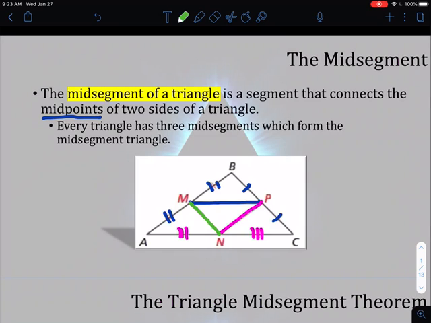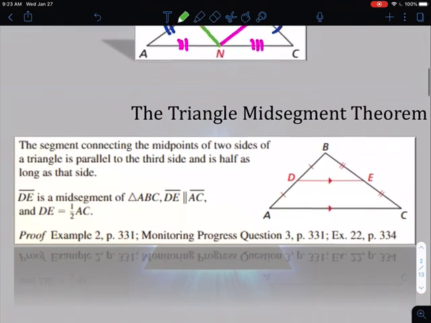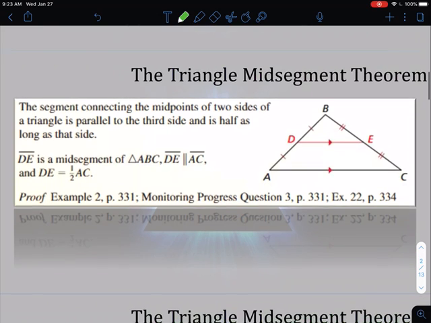Basically, if I go around the outside of my triangle and I draw 3 midpoints, so point M, point P, and point N are all midpoints. When I connect them, I create what's known as the mid-segment triangle. And so inside there we have that mid-segment triangle, which is going to be half the size of the original. Okay? Now, as far as the mid-segment goes, besides being able to identify it, there's a couple things we need